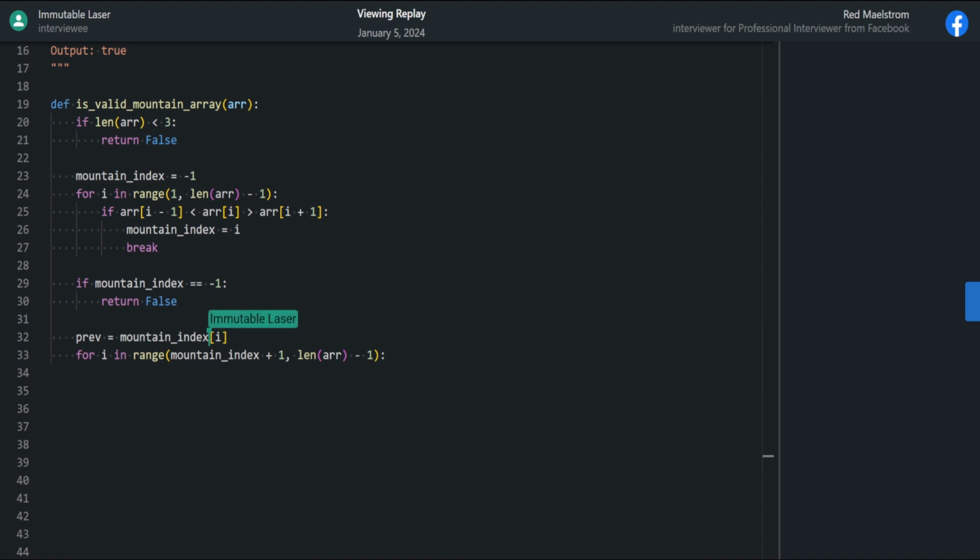Why is this not happy? I'm not sure why this is not completely happy, but... Because you have not declared i, right? Oh, right. Sorry, I messed that up here. There we go. So the previous value is equal to the array at mountain index, and then